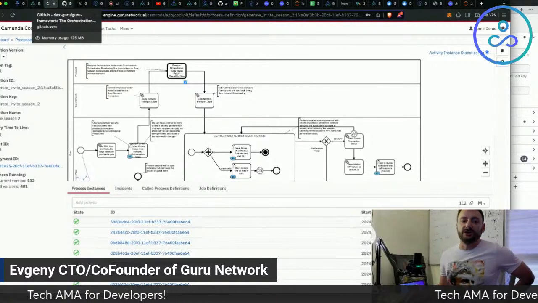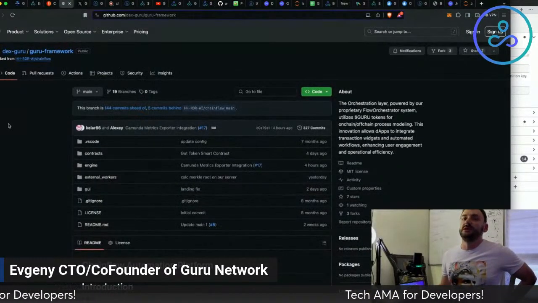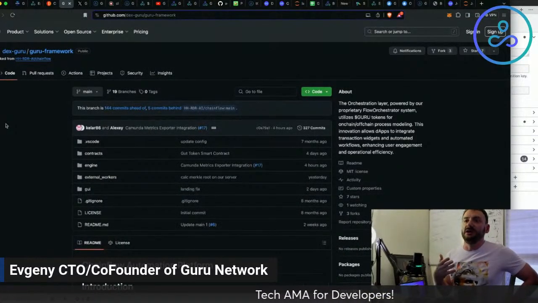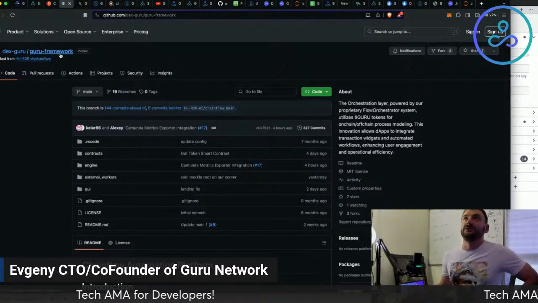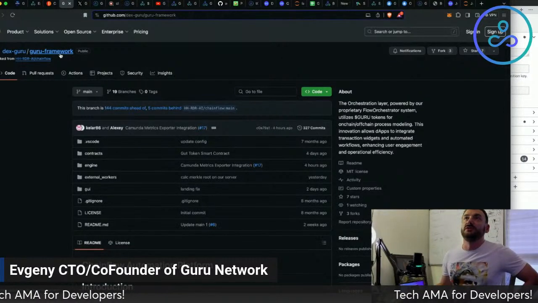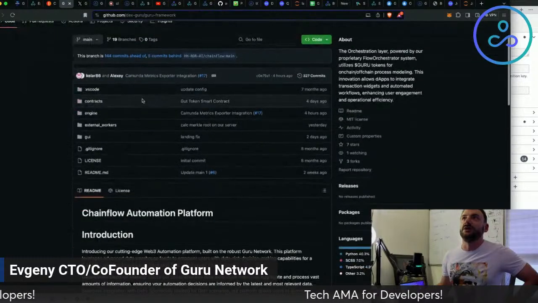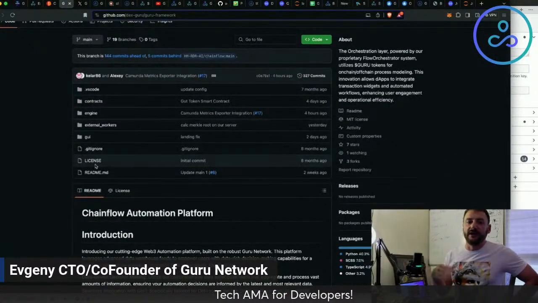And how are we actually publishing it, and how can everyone build on top of Guru Network? There is a repository, DEX Guru organization slash Guru Network, where we have our framework published.